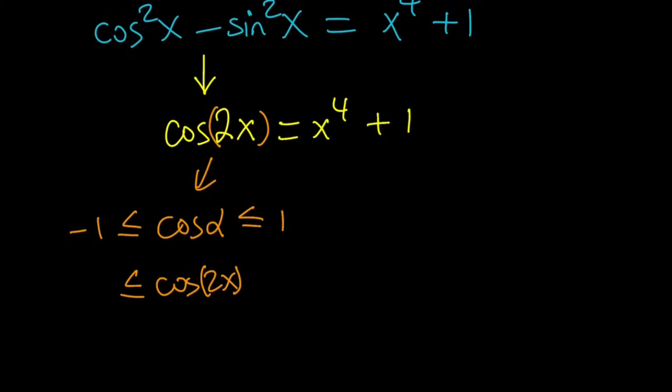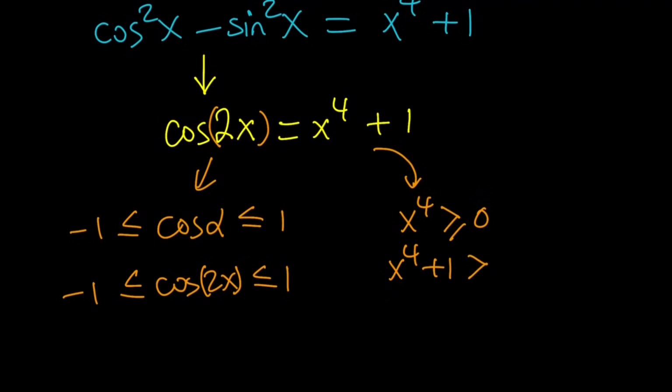Cosine of 2x also needs to follow this rule. Great. What about the other part? Okay, you got a boundary for those. But this one here, x to the fourth, is actually always greater than or equal to 0. Why? Because it's an even power. Great. So when I add 1 to both sides, this is going to be greater or equal to 1, which